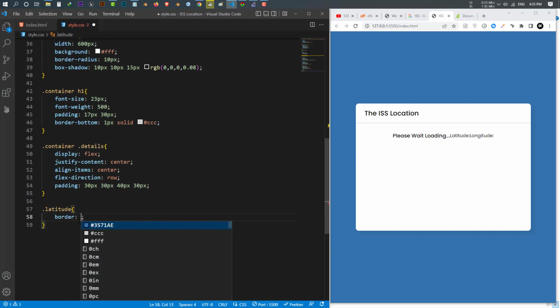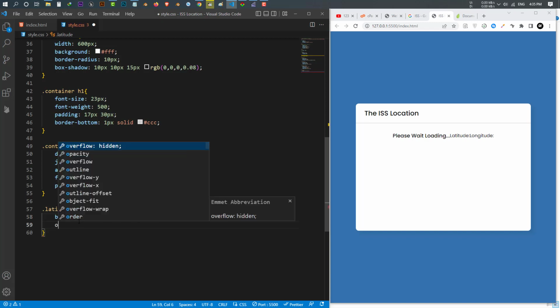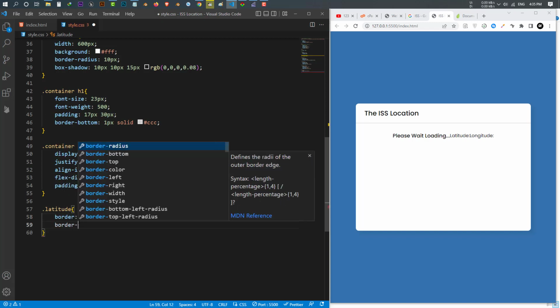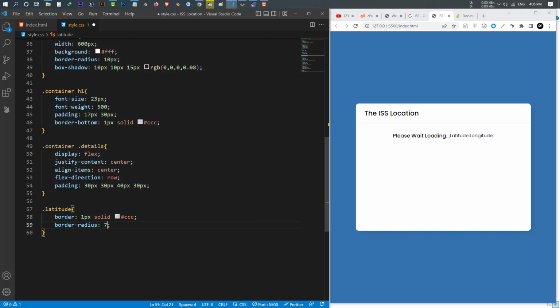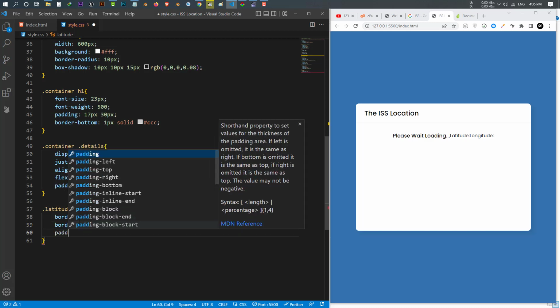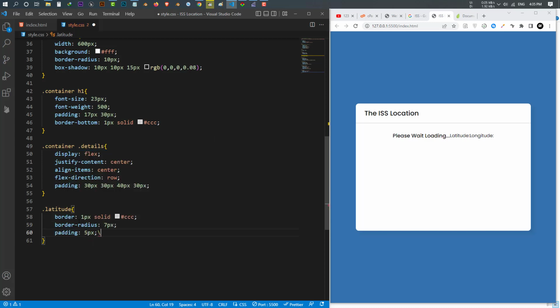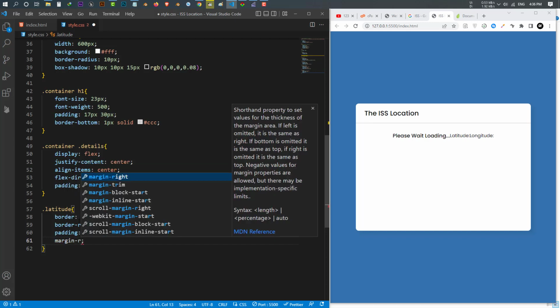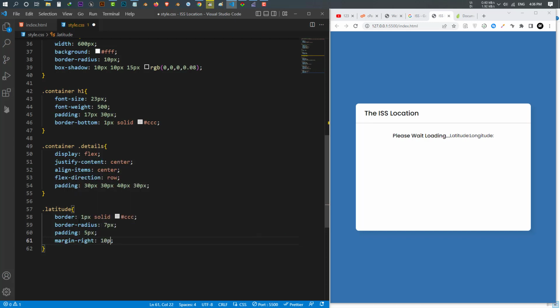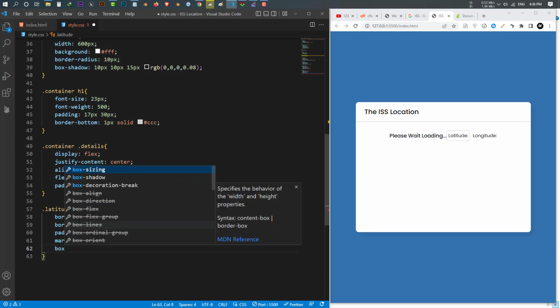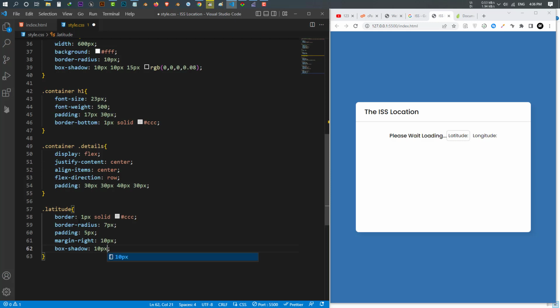I give the border 1 pixel solid, CSS, border radius 7 pixel, padding 5 pixel, and I give it a margin at the right. Margin the right of 10 pixel. Also give it a box shadow 10 pixel, 10 pixel, 15 pixel, and RGB,